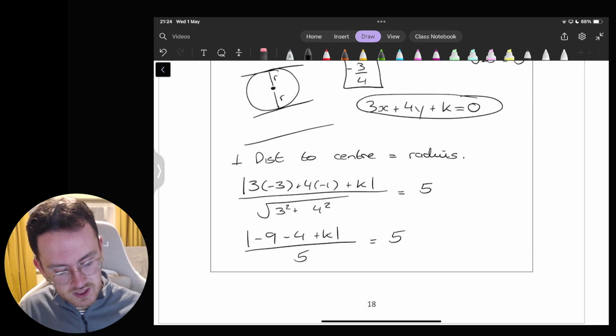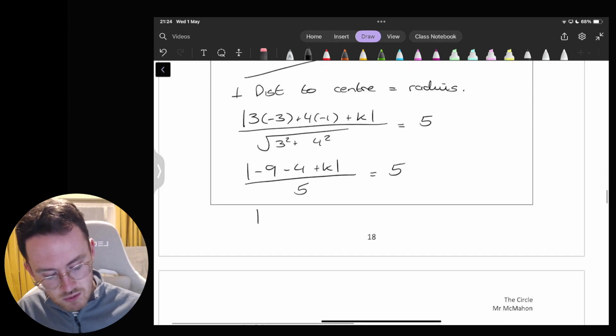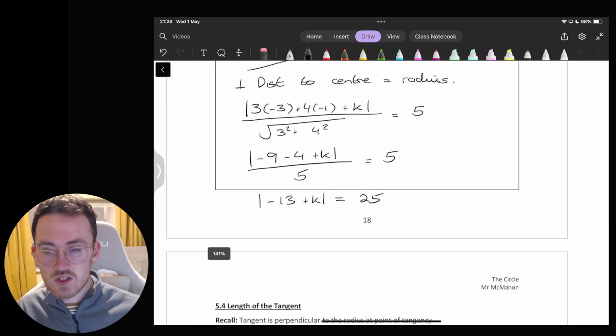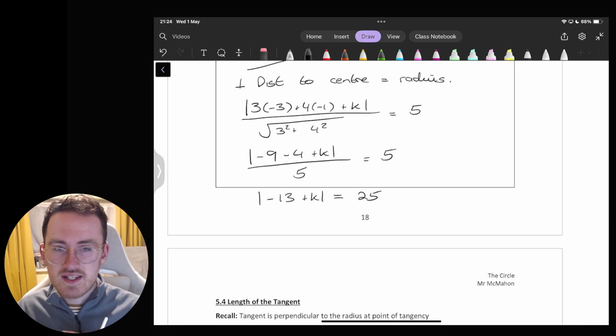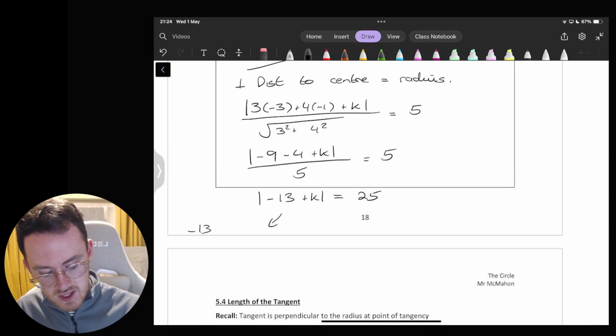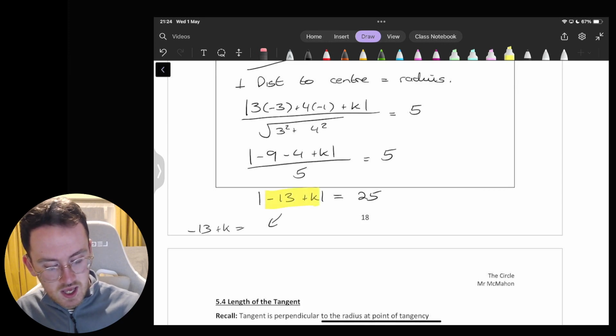So we have 5 here equal to 5. Let's simplify all this down. So I have minus 13 plus k equals 25. To get rid of my modulus, I can square both sides, but because we have a nice normal value on the right hand side, we can save ourselves that trouble by saying that minus 13 plus k, the middle section in the modulus, must have a value of plus or